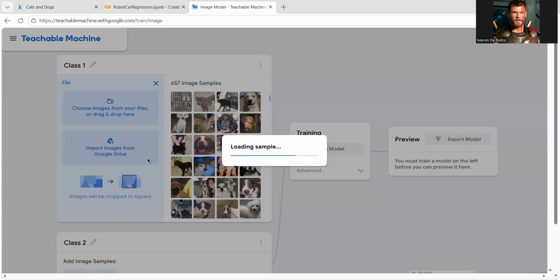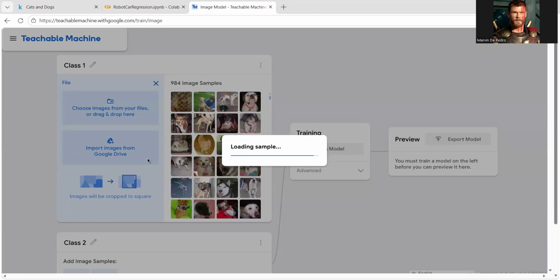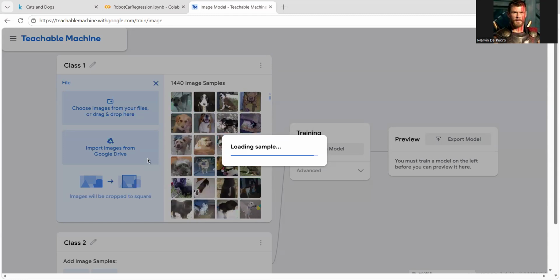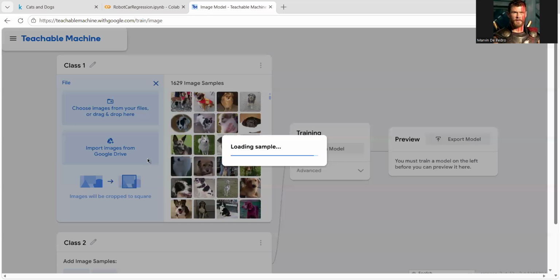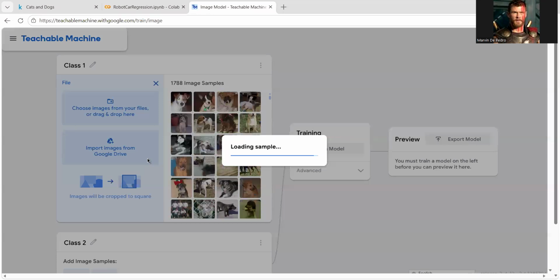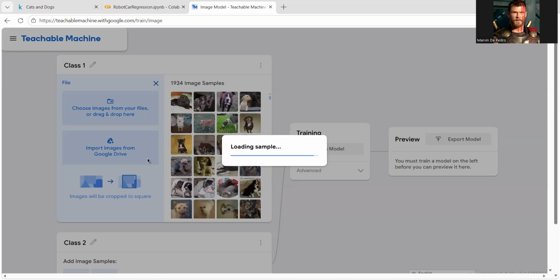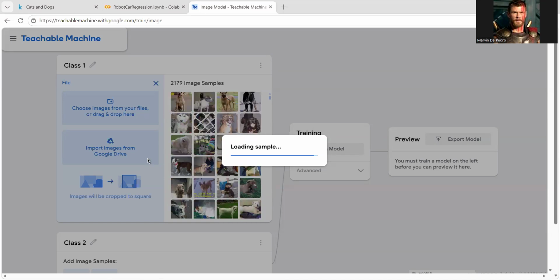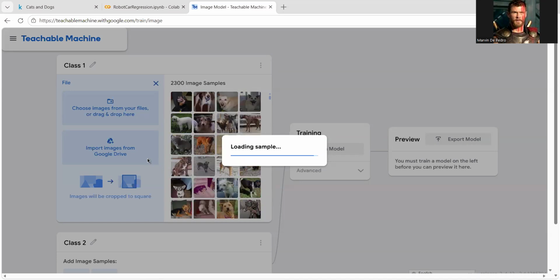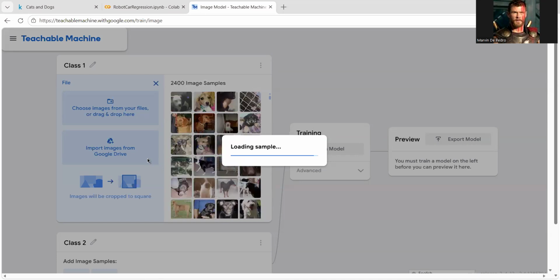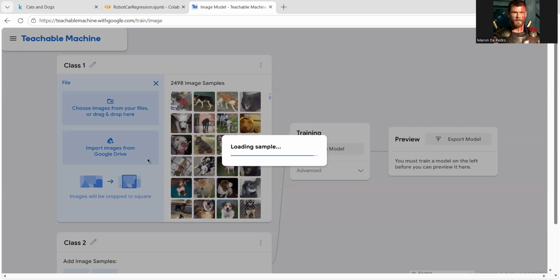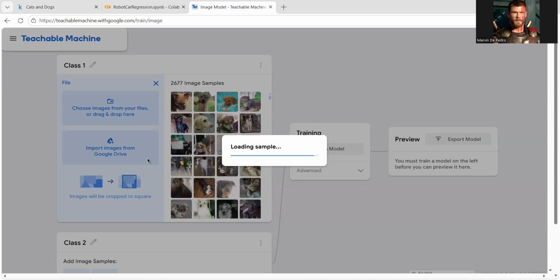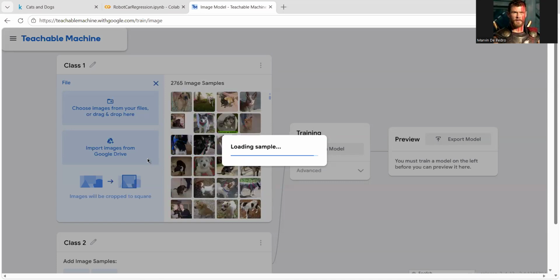I think you can see this now. These are all the images I got from Kaggle.com. So we have sample images. That's our data set. In our regression model earlier, we used just numerical values for our data set. And right now, we are actually using unstructured data such as an image. So we have different images being loaded into Teachable Machine so that they will be used for training our model.